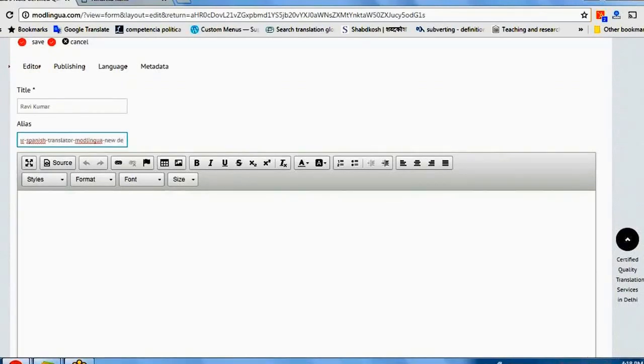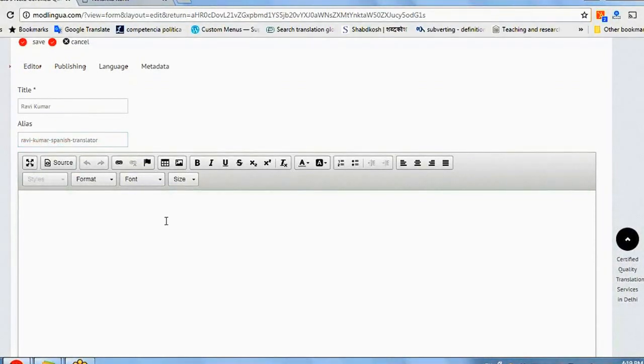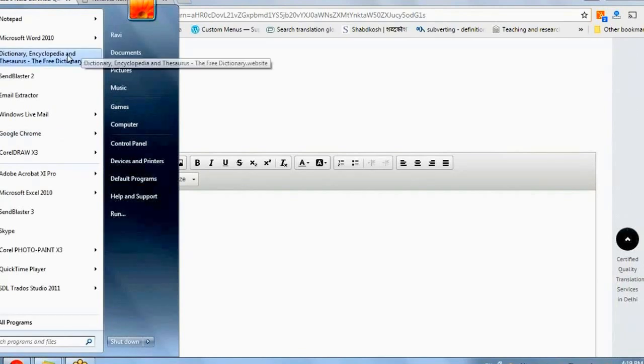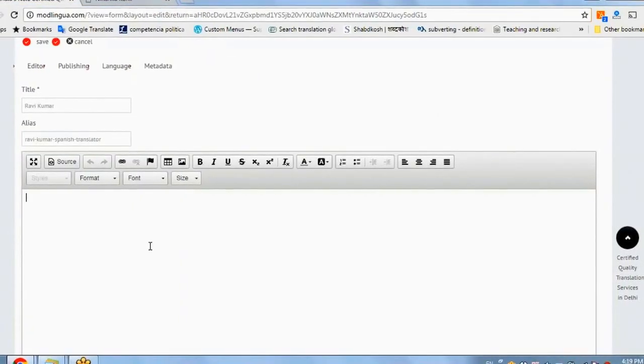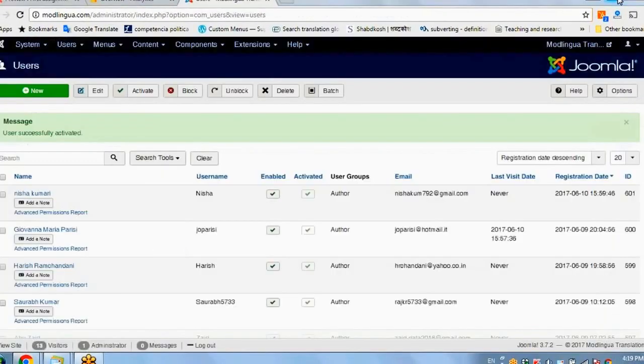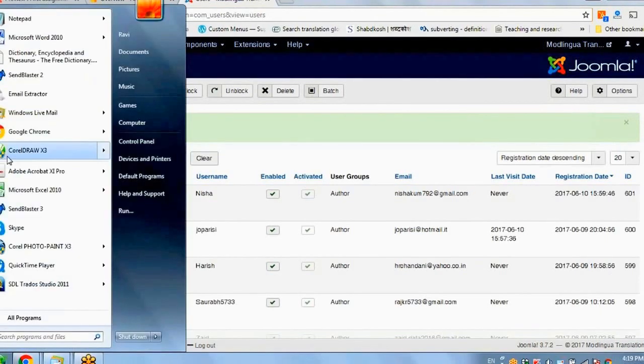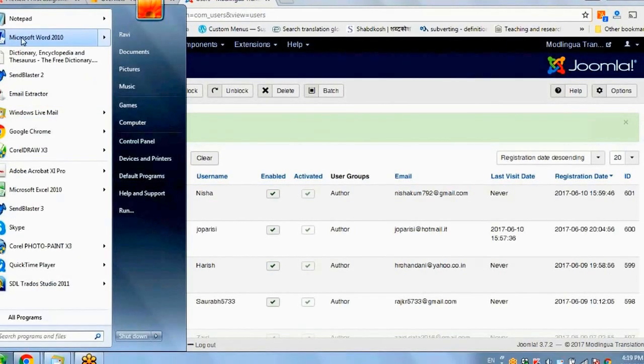You can write Modlingua New Delhi as well, or you may not write Modlingua at all. Simply write Spanish translator or trainer or whatever. And then this is the area where you will put your profile that you have created. For example, if you already have something written in your MS Word file, you can go to your computer and open your MS Word file.